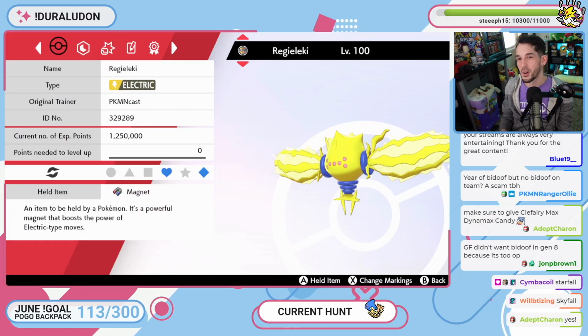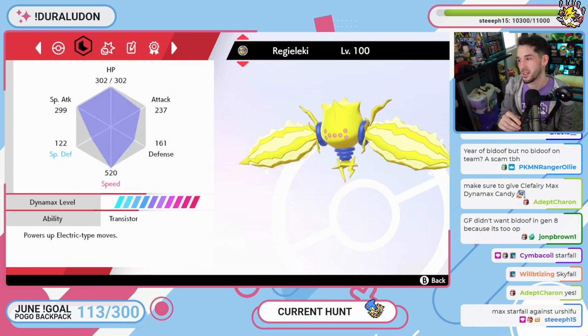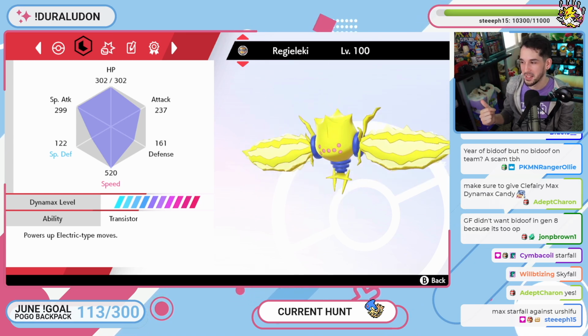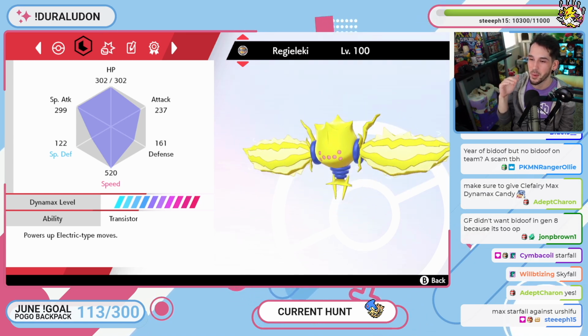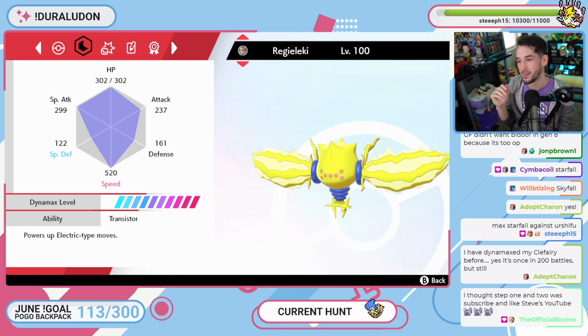All right. So before we get to EVs, IVs, all that stuff, we're going to go through abilities. At this point, the Battle Ready mark, very important to do. You can do the Dynamax Candy at any point. But I like to do...